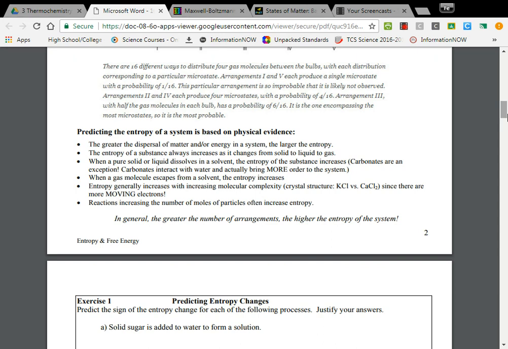So positive value means entropy is increasing over time. If you have a negative delta S value, what that is telling me is that the dispersal of the energy is decreasing in that particular reaction. So positive delta S, increase in entropy. Negative delta S, decrease in entropy. And we can figure out if there's an increase or decrease in entropy by looking at the particular states of